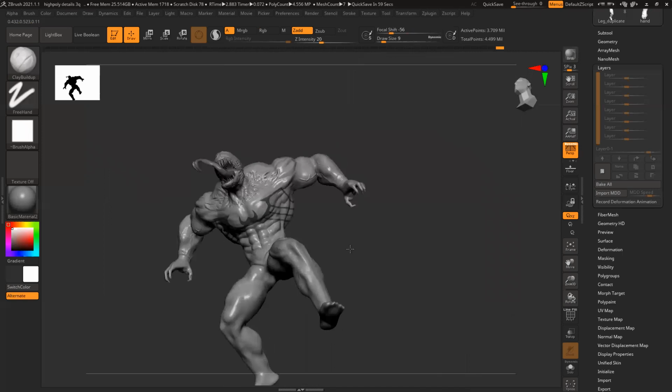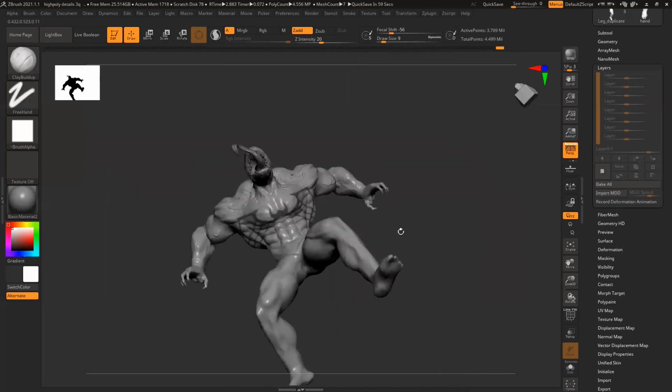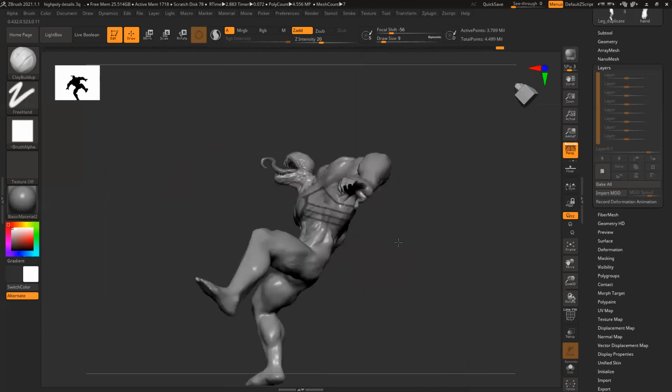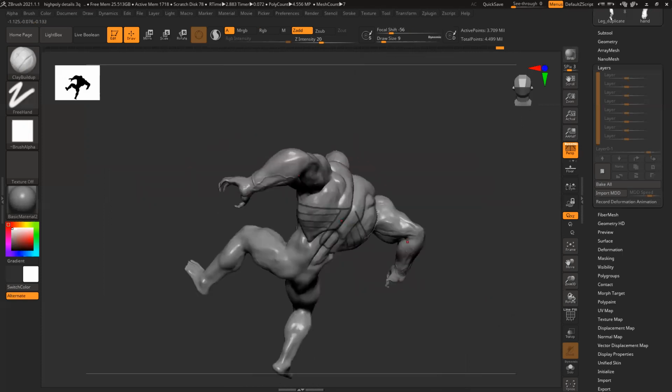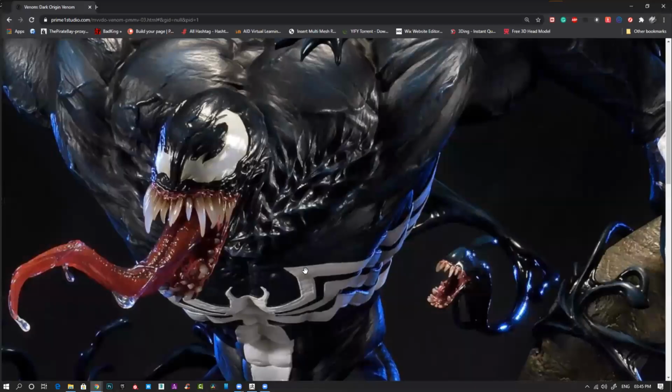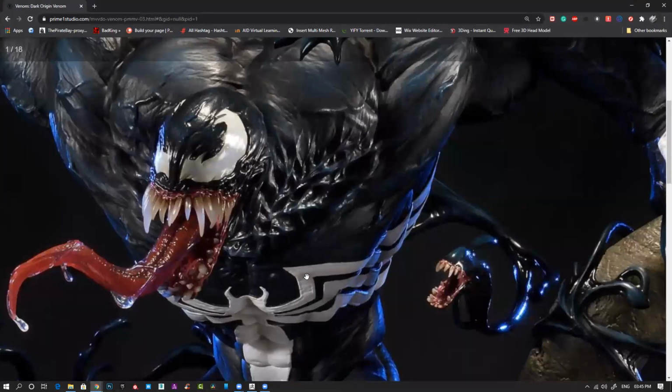If you're having problems with the mask, you can paint it. That's also fine. To paint it, just create a separate poly group and then extract it. Because you can see in your reference, this thing has a thickness. That thickness you have to add. So for that, you have to extract it.